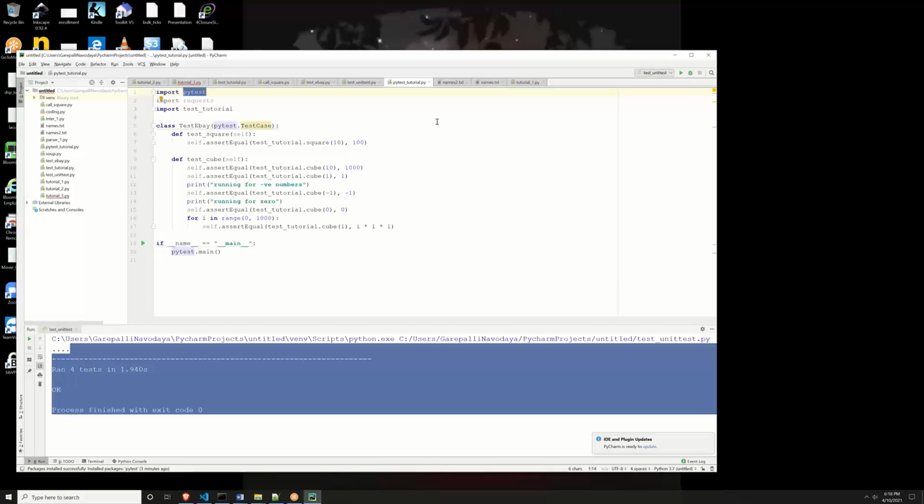Pytest has more features than UnitTest. Whatever UnitTest has, Pytest already supports those, and it also supports additional things. So these guys took UnitTest and added more features on top of it. So for this, instead of UnitTest, now I said Pytest, and I changed this test case, and in the main, I'm just saying Pytest.main. So if I run this guy,